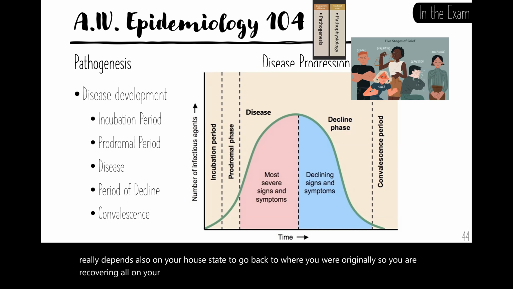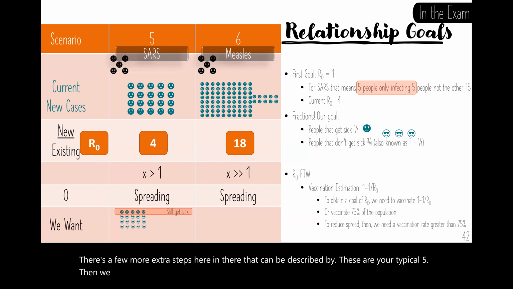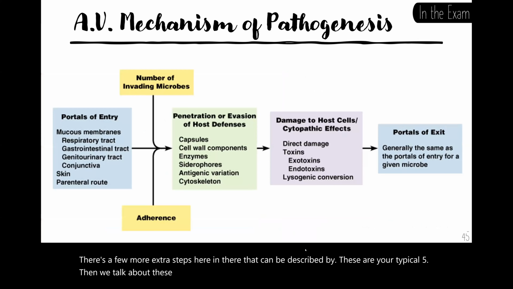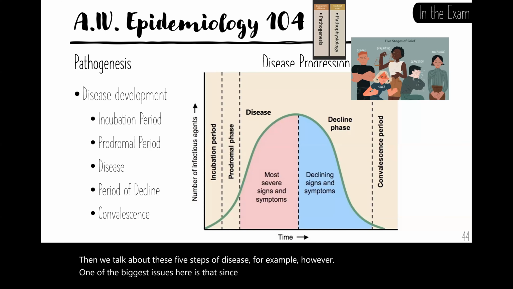Now, there's a few more extra steps here and there that can be described, but these are your typical 5 that we talk about, these 5 steps of disease, for example. However, one of the biggest issues here is that since we call this the 5 steps of illness or 5 steps of disease, you may want to be careful. This is a little